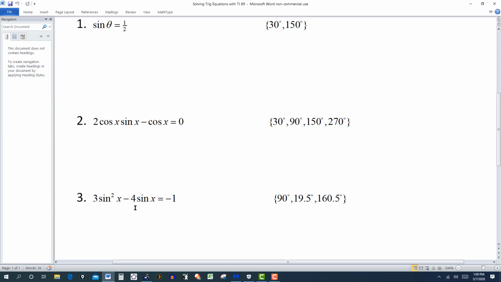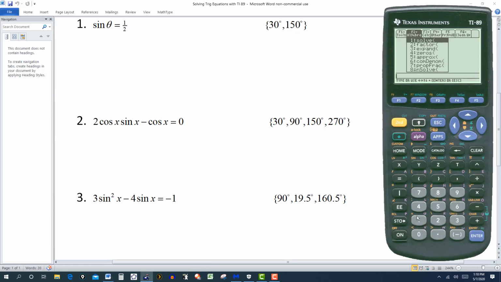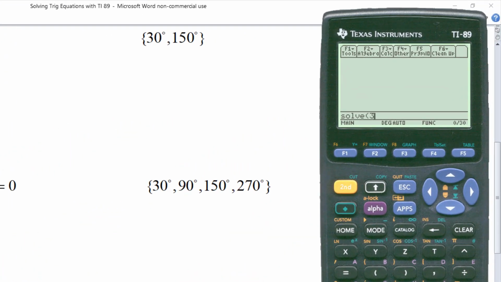So when we did it on the 84 using the graphing method, we had to use the zero function in the menu to get these answers, and then rounded it off. Okay, on the calculator here on the 89, we work it the same way though. F2 and then 1. Then we enter the equation. So this will be 3, and then this is going to be sine squared. The best way to do it here is to put parentheses and then second sine of x, close parentheses, and then another parentheses, and that's going to be squared,